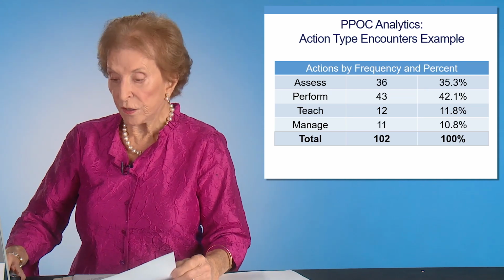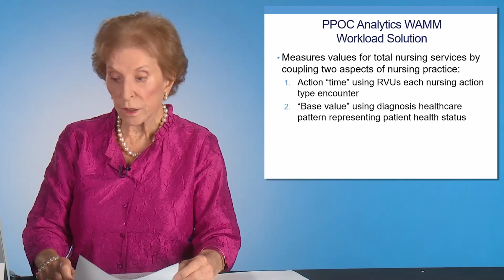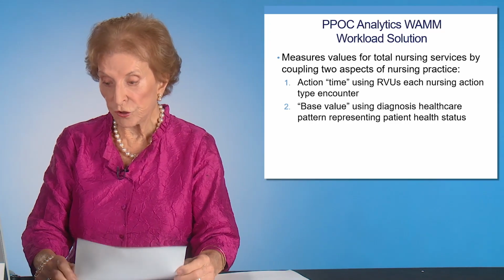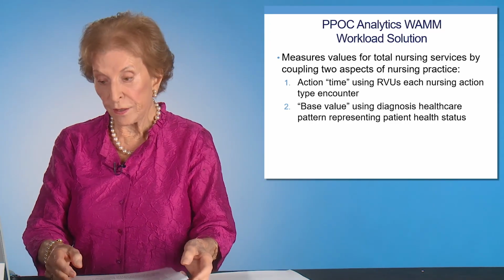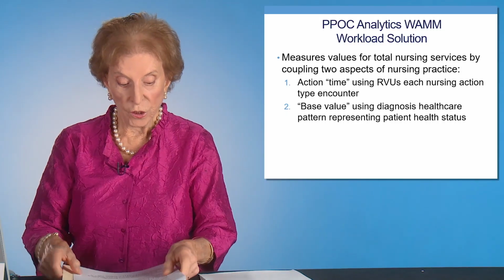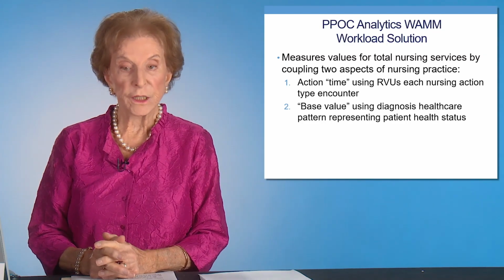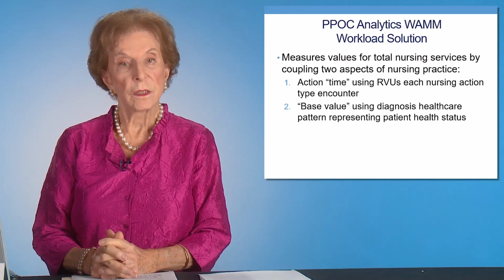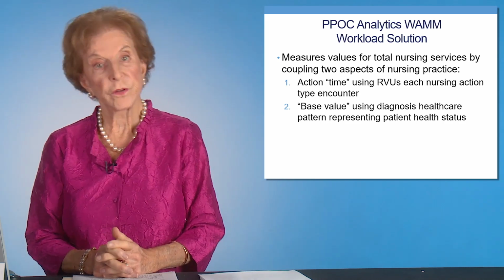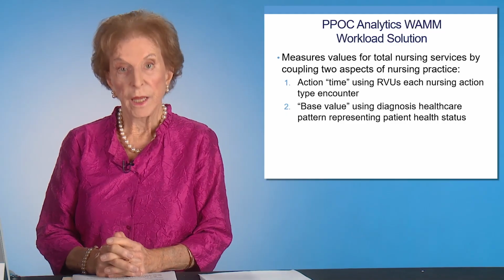The action types can also be used to represent what we call WAM, which is the workload, action, measures, method, solution. We've developed this process and have tested it and found that it works. What we've done is provide a similar, what we call acuity system or a cost, workload, and time system. And what it consists of is that we take all the encounters for each of the actions